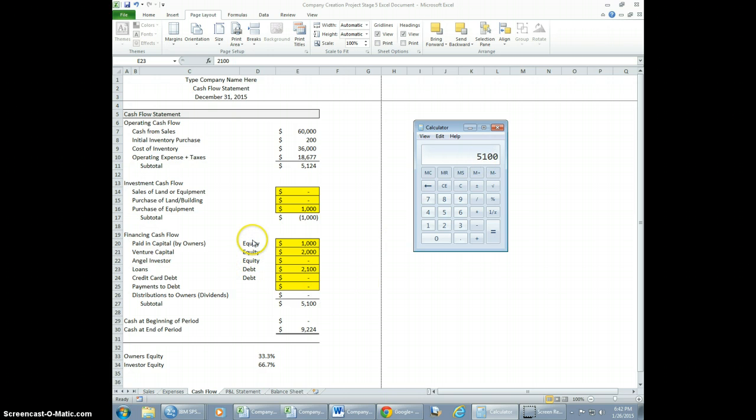You notice there's different types of financing. You've got equity financing versus debt financing. So the equity financing is money that's taken out of the value of your company, versus the debt financing is money that you are now owing as part